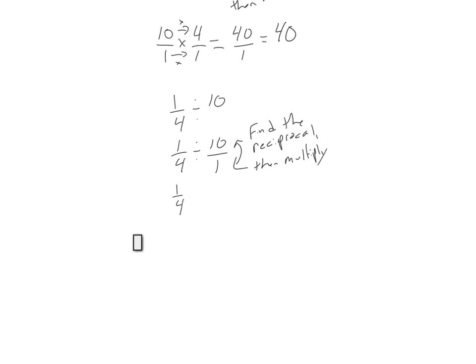So we do 1/4 times 1 over 10. And then we multiply straight across. So we do 1 times 1 and 4 times 10. And 1/4 divided by 10 is going to be 1/40. Okay, so